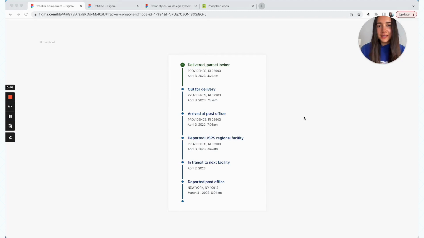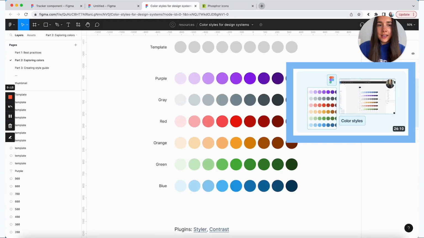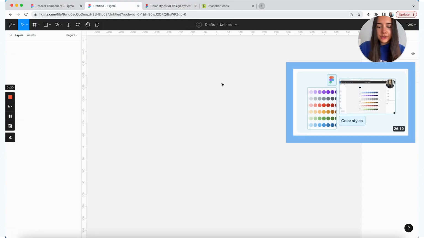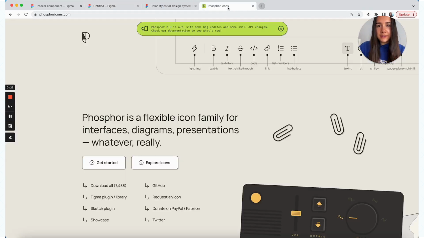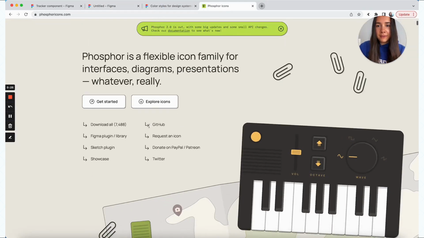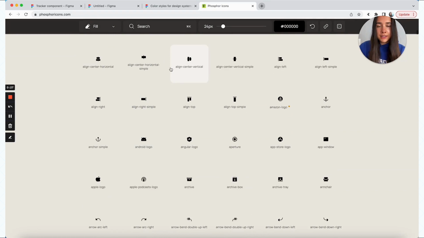Hi everyone! In today's video, we'll be making a timeline, a tracker component. So like this. To get started, what I recommend you have is some color styles, color scales. I'm just going to grab the ones that I had from the color styles tutorial. And then you do want to have some icons handy. So I have the Phosphor icons set here, but you can choose any set that you like